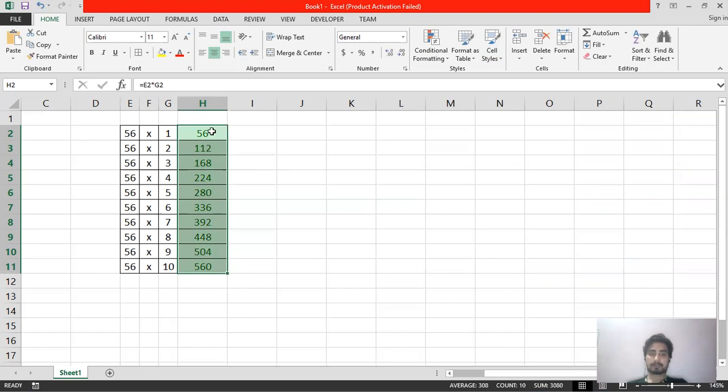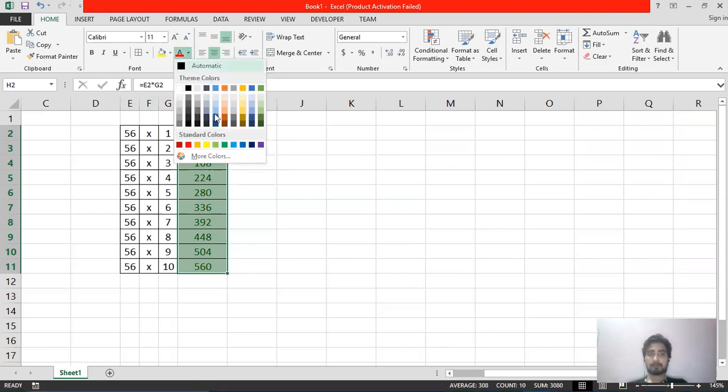Now I want the text color or the content color to be some other color. For that I need to use the font color option. For that again I need to come in the Home tab, click on the font color option which is here, and then select what color you want for your fonts, and that color will be applied on that. So let's select this dark blue color.